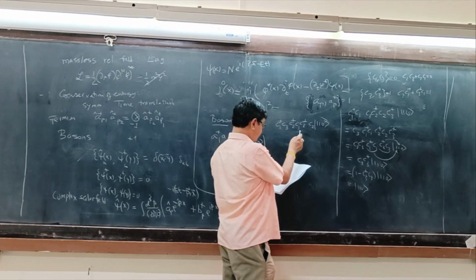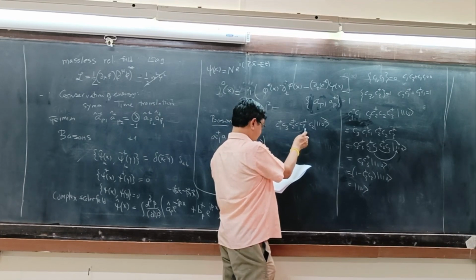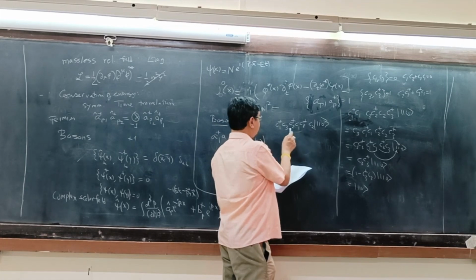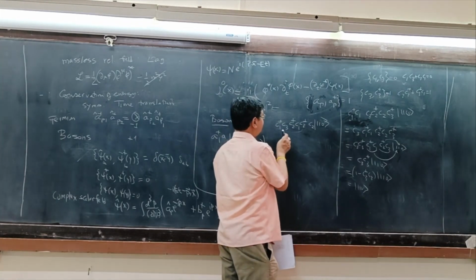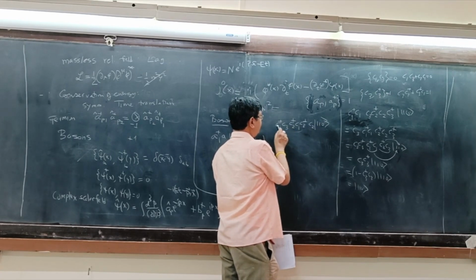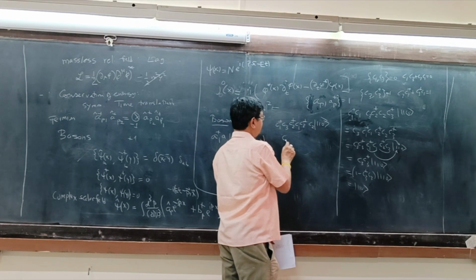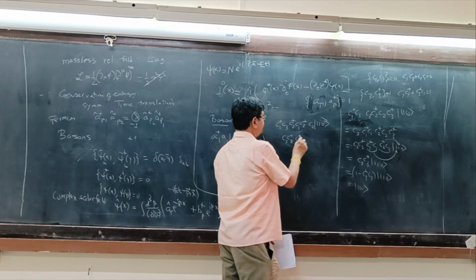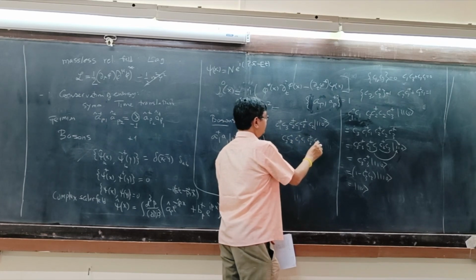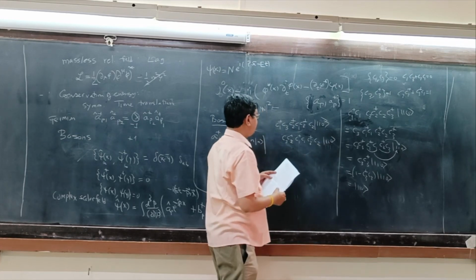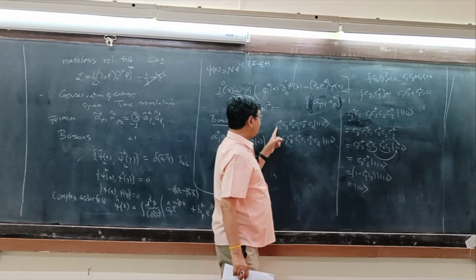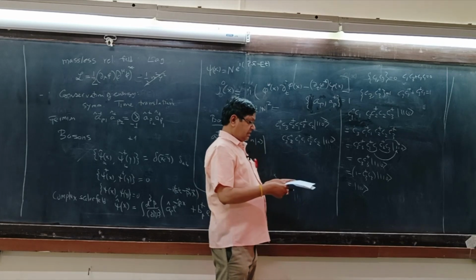So I am bringing C3 and C3 dagger. So this one goes to the right. Okay. So let's do it, since we are doing it for the first time. So this one to the right, another right. So two rights. C3, C2 dagger, C1 dagger, C1, C3 dagger, C2. Okay. This is the same sign because C1 hopped twice.